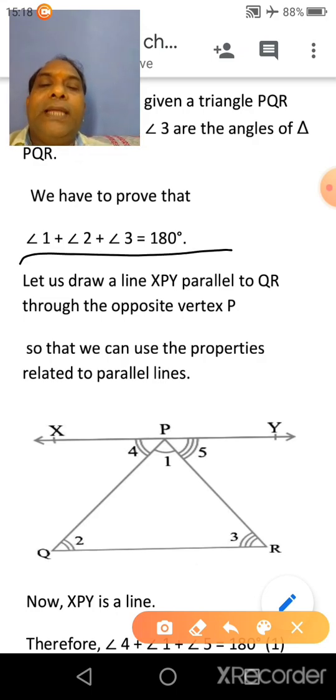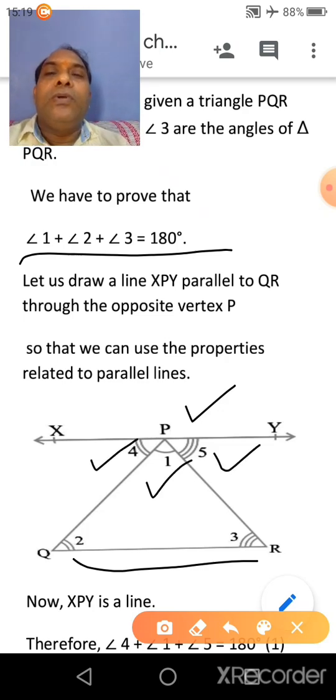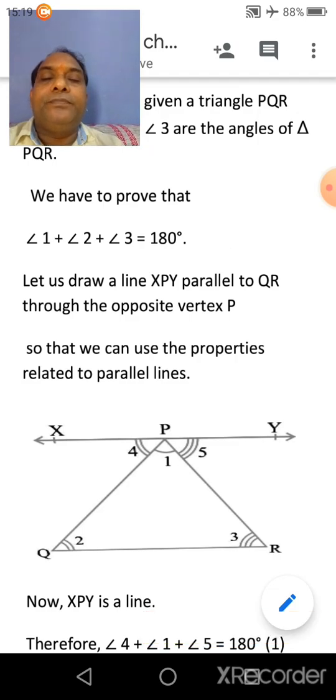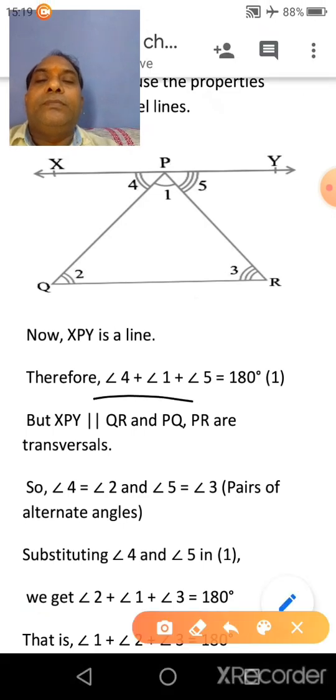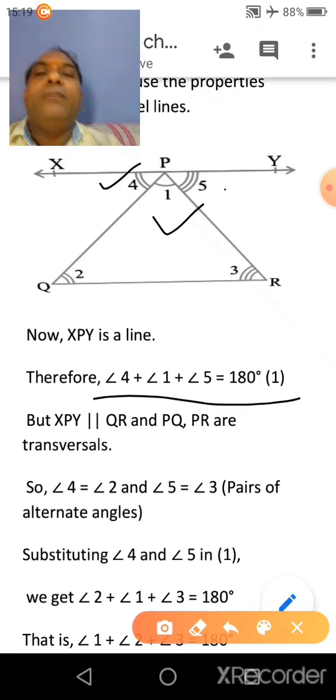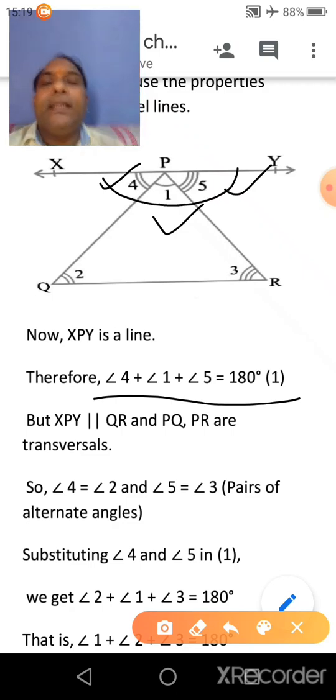Now draw a line XY passing through the vertex P and parallel to the side QR. Clear? So XPY is a line. We can say that XPY is a line. So angle 4 plus angle 1 plus angle 5 will be equal to 180 degree, because XPY is a line. Clear? Now